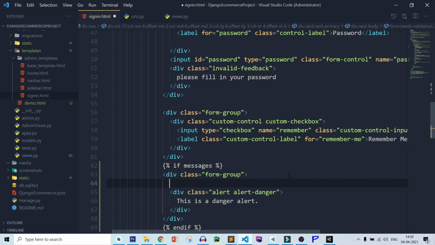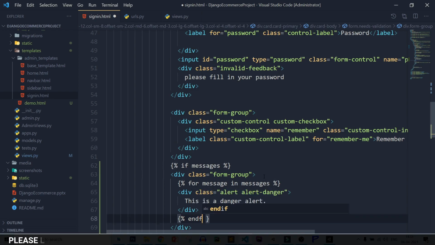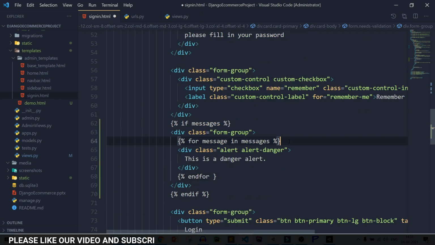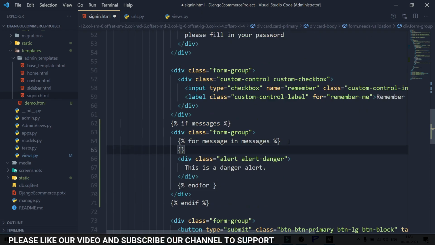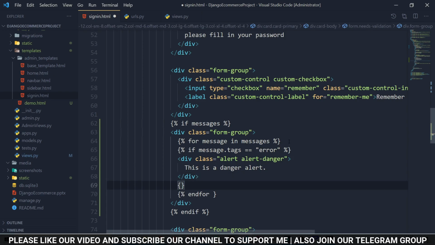After that, a for loop, so for message in messages, let's close this for loop. After that, here again, if message dot tags equal to error, then show this message.